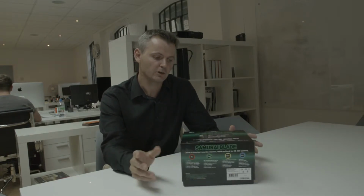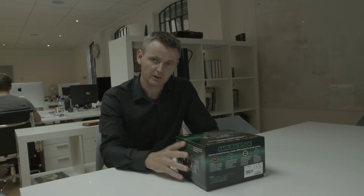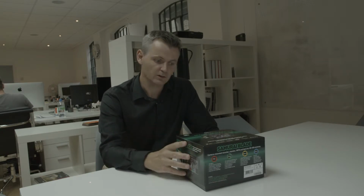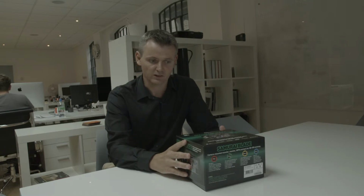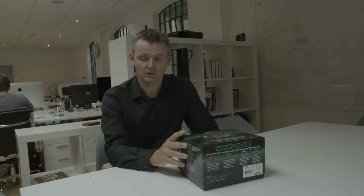On reflection, Samurai Blade, would I get one? I'd even purchase this, even though I had the old Samurai, pretty much because you can use this as a viewfinder and it takes weight off the camera. And with the focus assist functions as well, it's fantastic. It's well made. I think it's at a good price, and I think these are invaluable really to maximize the picture